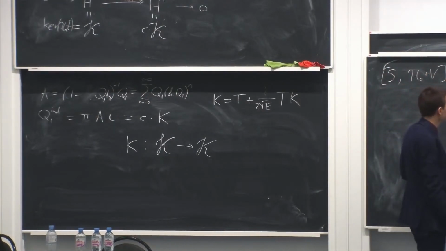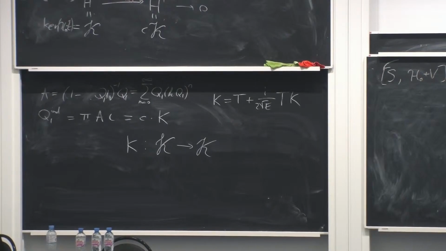Or if we're fancy and we want more generality, we can consider a whole algebra of symmetries that might not even be commutative. We can just take S_i with S_j. This is some f_ij^k S_k, and maybe it even closes on this H0 plus V,